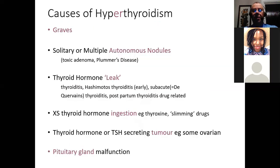So we do this in hyperthyroidism. Now, unfortunately, hyper and hypothyroidism are very close words and can get confused sometimes, even in request forms. So it is important that you make sure that you get the right request form. And if, for example, you get a message that